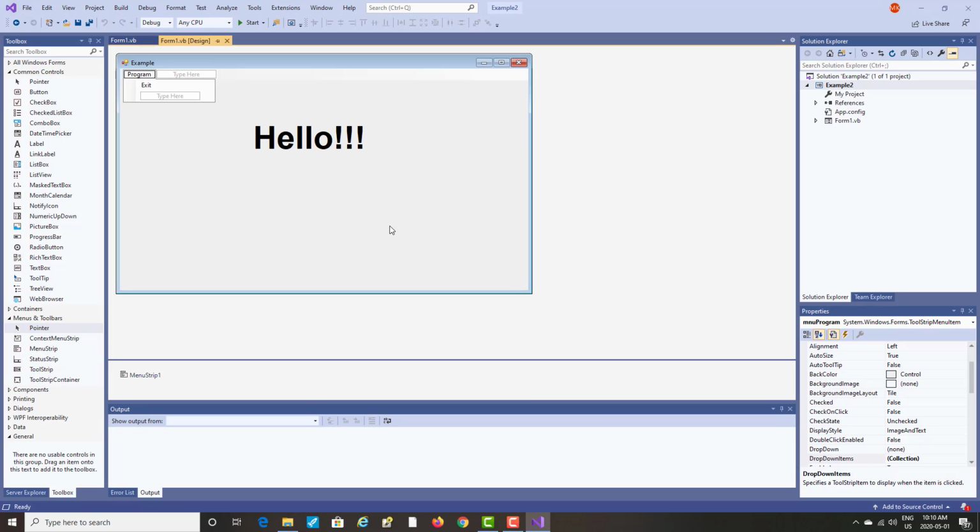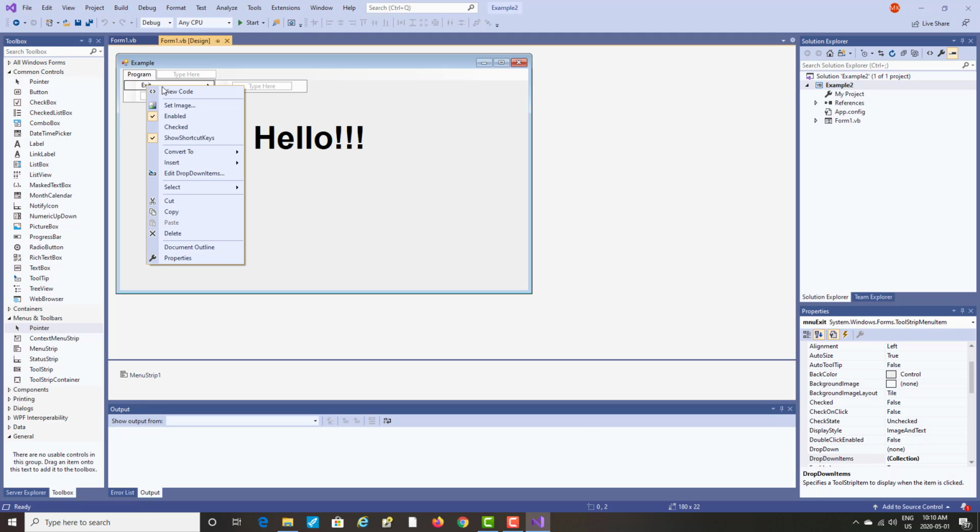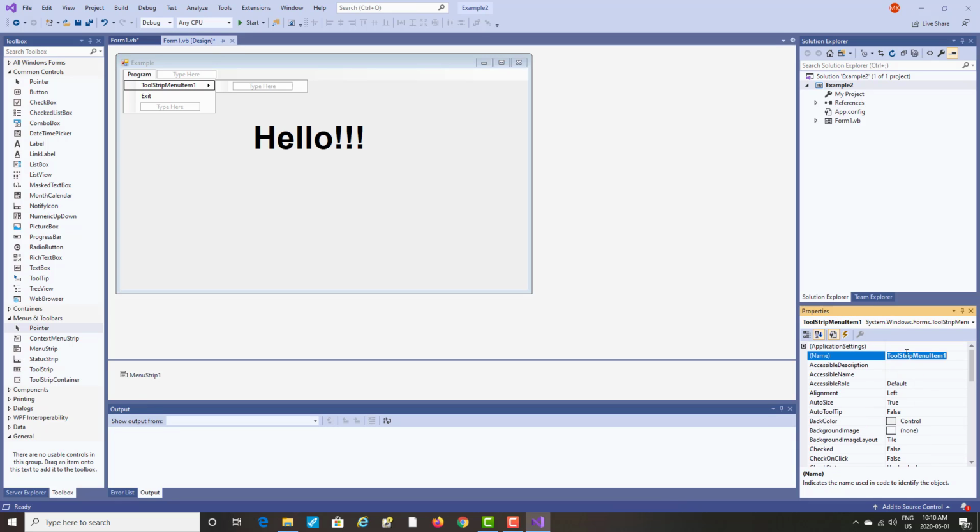Usually exit or end is at the bottom. So we are not going to type here our new menus. We are going to do it in a different way. So point to exit, click with the right mouse, and then insert what? Menu item. All right. Now, what an ugly name. ToolStripMenuItem1. No. We are going to call it nicely menu